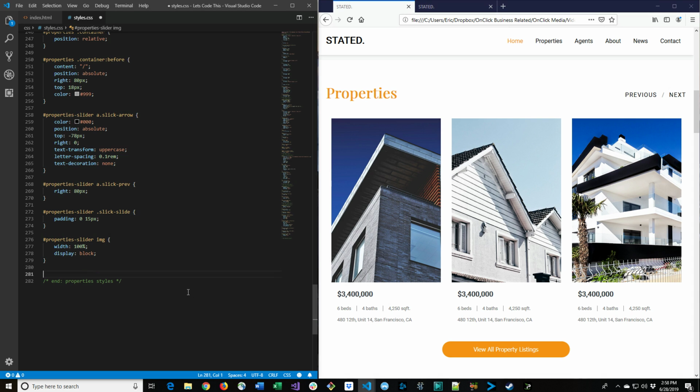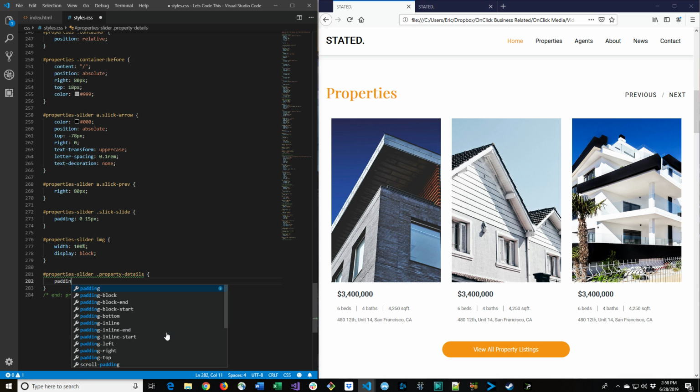And then next we're going to look at properties slider and the property details. Whoops. I'm going to watch those misspellings. That'll definitely cause some hard to find bugs. So properties slider, and then inside of that the class of property details, which was the div container that we created to hold each of these properties details, the price, the beds, the baths, and so on. So we'll say padding 1 rem,